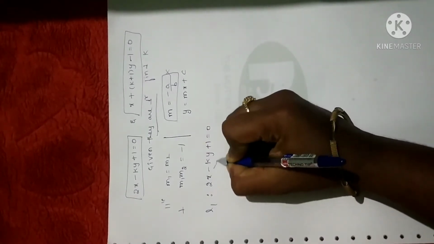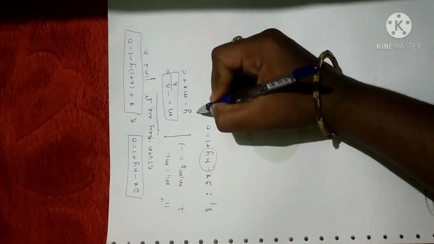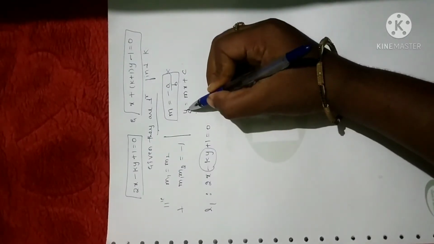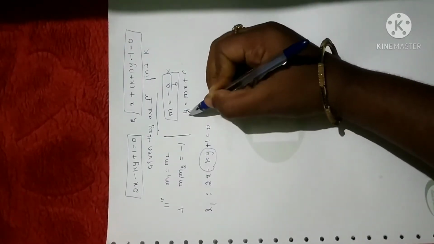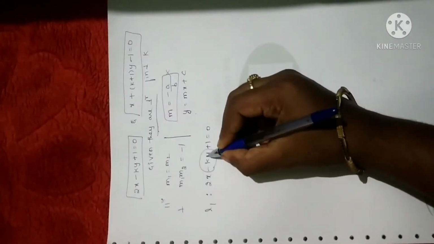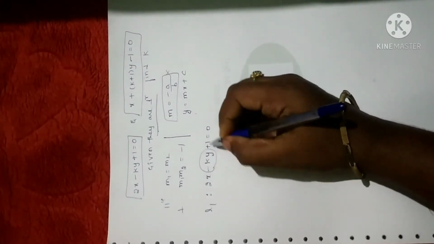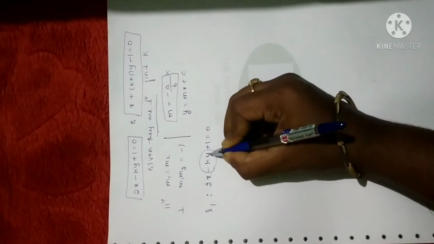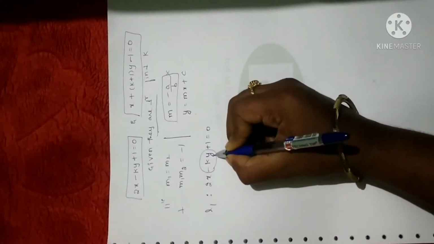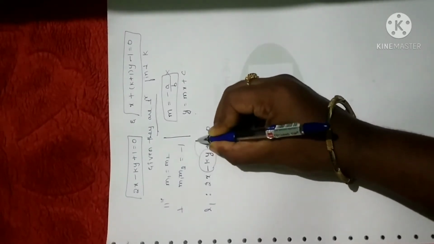Now what I am going to do is shift the term containing y. This is what the slope intercept form is. I have already done this in the class, but let me revise once again. y is equal to mx plus c. I have to change the given line into this form. I'm going to keep the term containing y on one side and shift the remaining terms to the other. While shifting, keep in mind that since we need the value of y, and the sign for y is minus, it is better to shift this term.